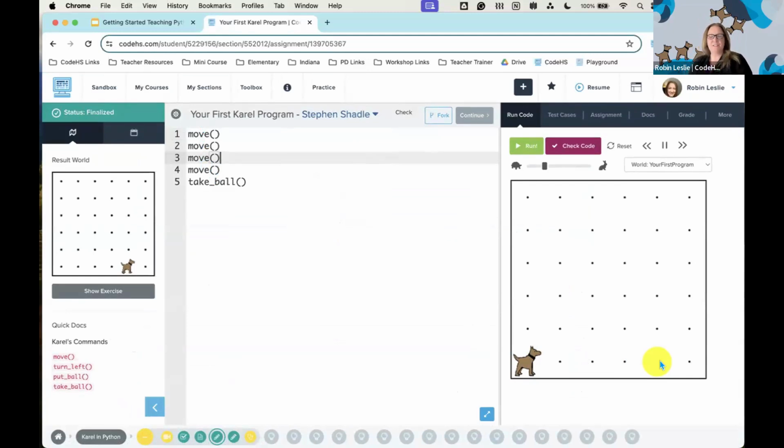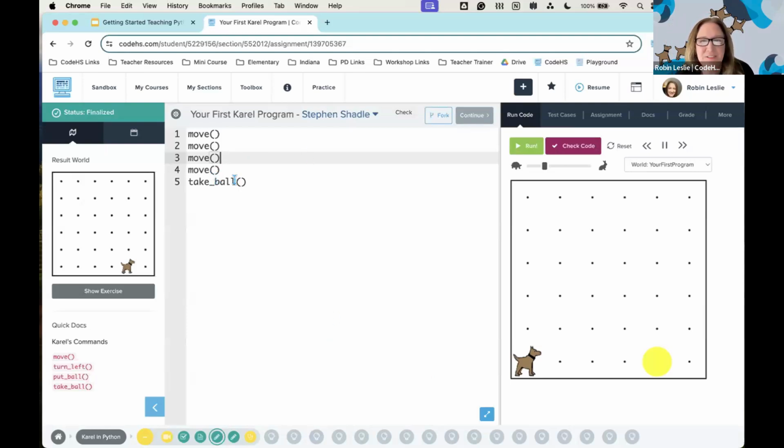Yep, so some of the features, we do have a free version of CodeHS and a pro version. And so if you want to find out more about pro, you can click that link there and find out about that. I used free the whole time that I was teaching. Would I have liked to have pro? Absolutely. But I never got it, unfortunately. All right, so good job on making it through here.